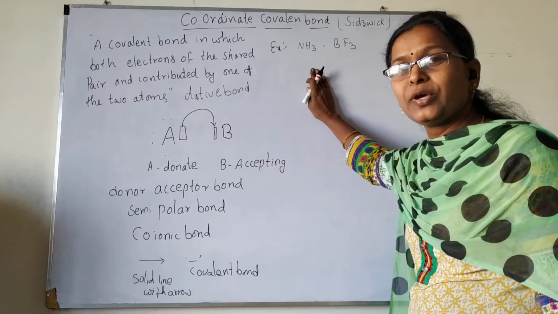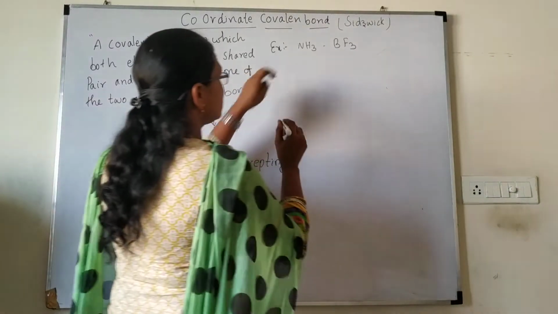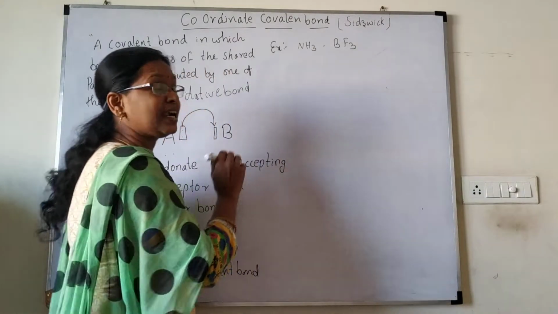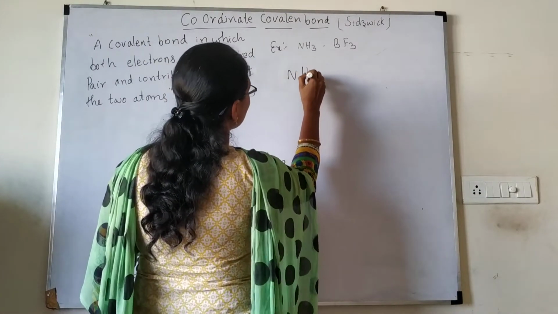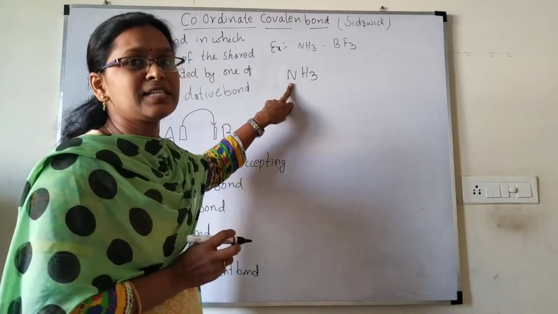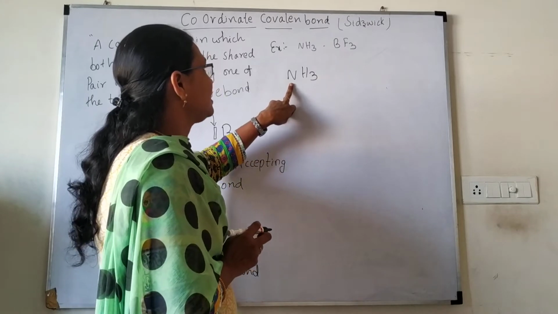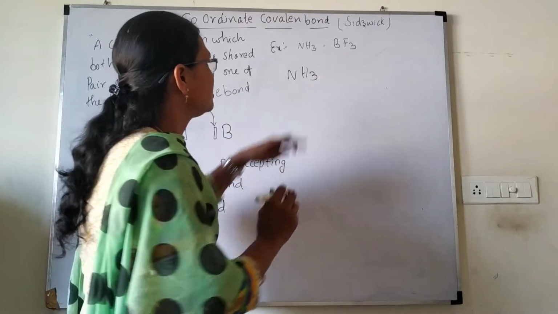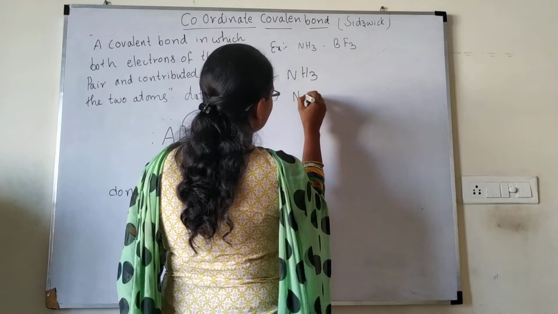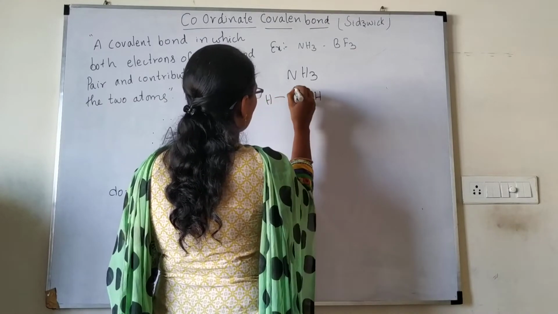This we can explain about the coordinate covalent bond. So what is usually the central atom? What is the central atom here? In case of ammonia, you take nitrogen, right? Central atom, in the sense, is the one having the fewer number of atoms, that we will say as a central atom, right? So here we can say like this, ammonia structure NH3, and it is a covalent bond,